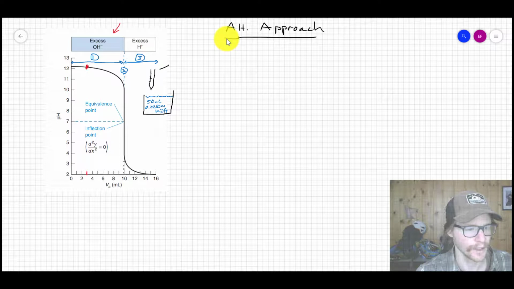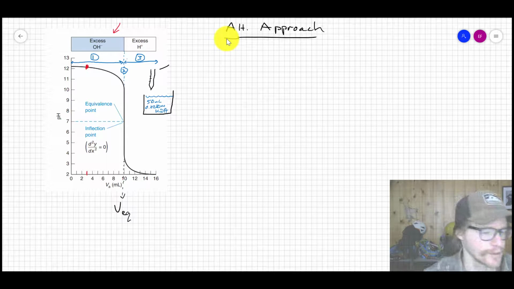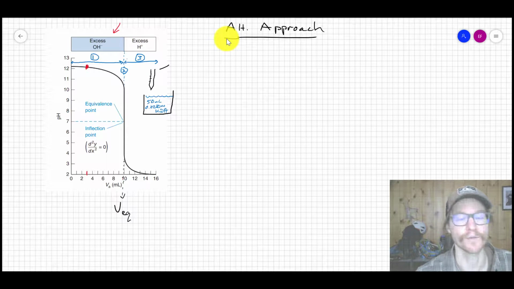So how do we figure out this point? Here you can see it's 10 mils. We call that V sub E for the volume at equivalence. Sometimes people write that V sub EQ for the volume at equivalence. How do we figure that out? Well, we can do that dimensionally, or just an M1V1 reaction, because we know this is a 1-to-1 reaction. So we had an original concentration of the base of